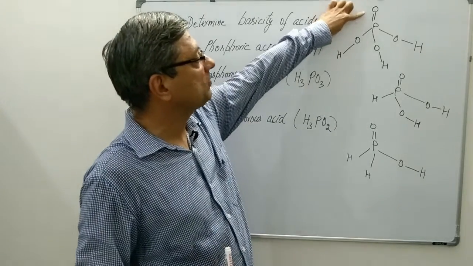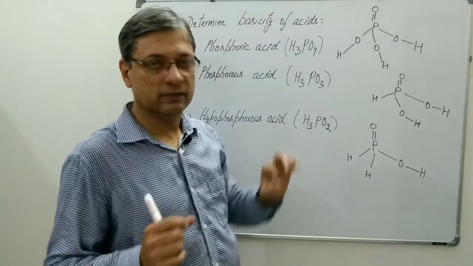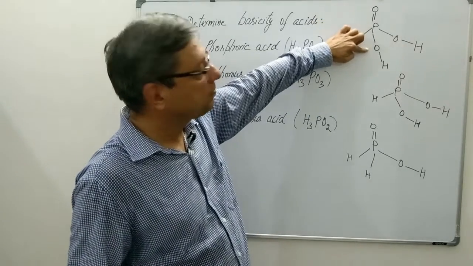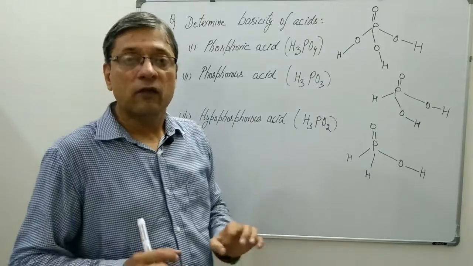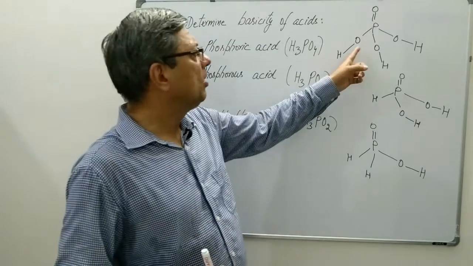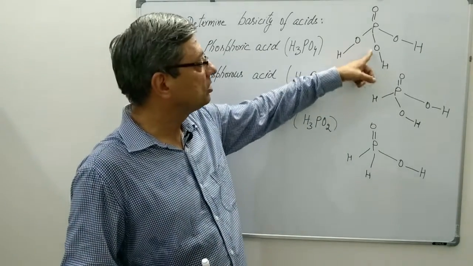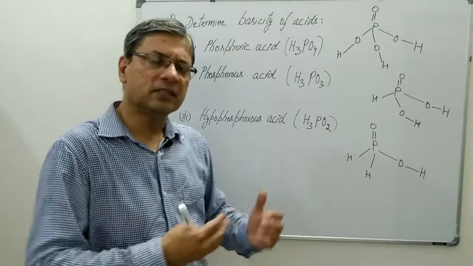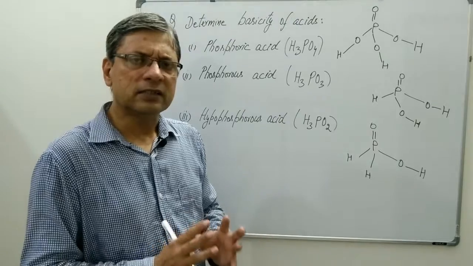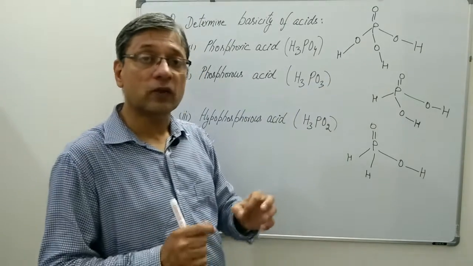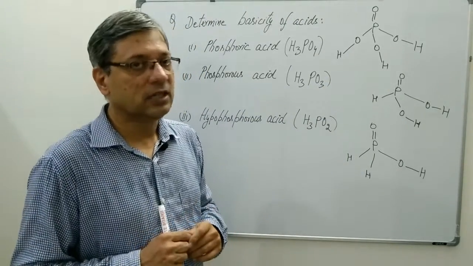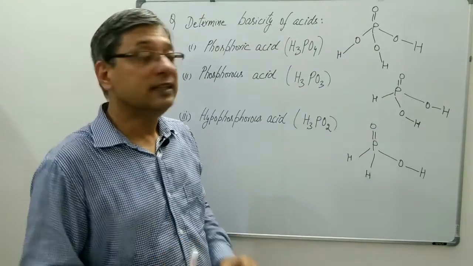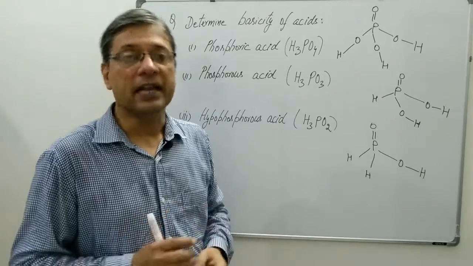Actually, the double bond between P and O will definitely be the strongest bond. This P and O bond, this P and O bond, this P and O bond will be much stronger than the bond between O and H, this O and H and this O and H. About bonds we will be studying in detail in a later chapter. We can understand it like this: bond is the force of attraction between 2 atoms. So the force of attraction between O and H is the least in phosphoric acid.